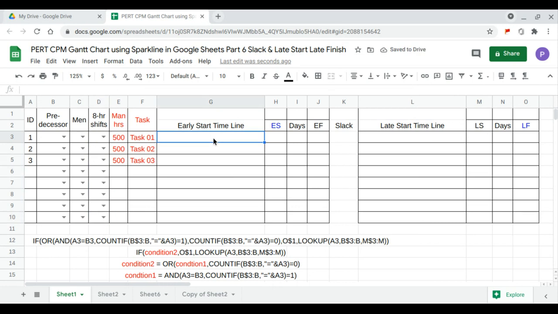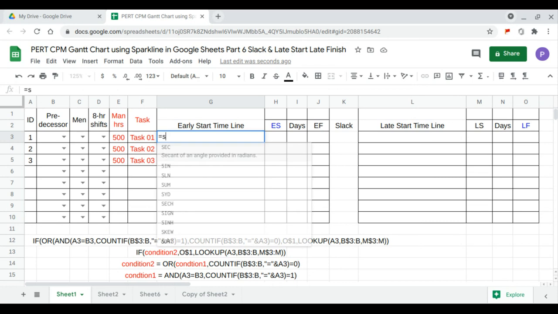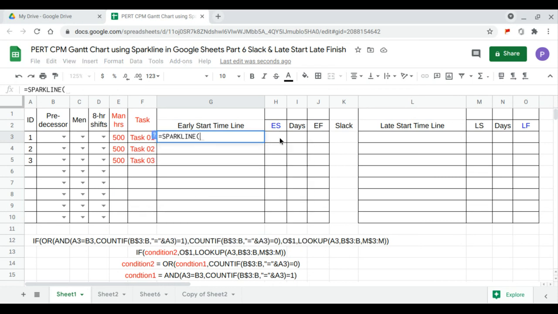So we continue with the early start timeline, which is equal to Sparkline, start and the duration, and the options. First option, the chart type will be bar. That's the first option. Second option, color one will be white. And the third option,